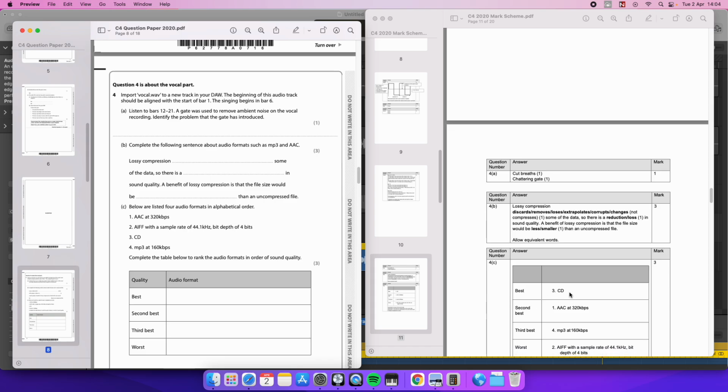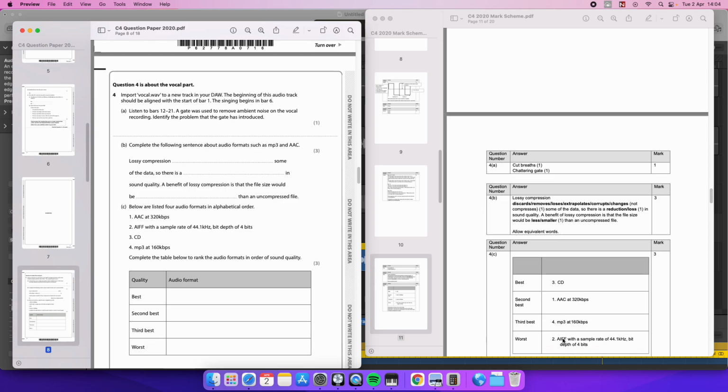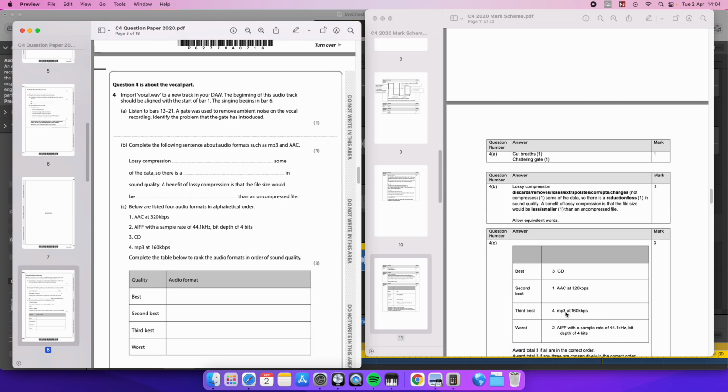Yeah, CD, 44.1 kHz 16-bit, AAC at 320 kilobits per second, which is better than MP3. AIFF, which is basically Logic Pro's version of the WAV, is usually right at the top, but with a sample bit rate or bit depth of only 4 bits. Again, we'll take a look at some of this stuff at another time. But if I just show you one here real quick,